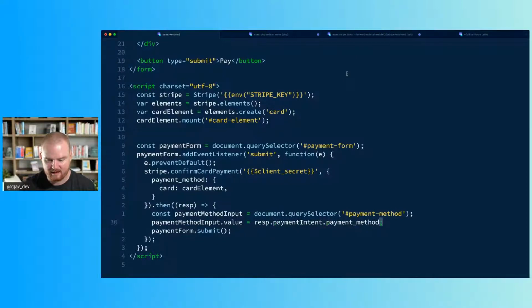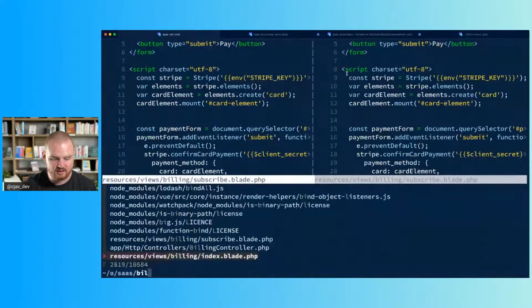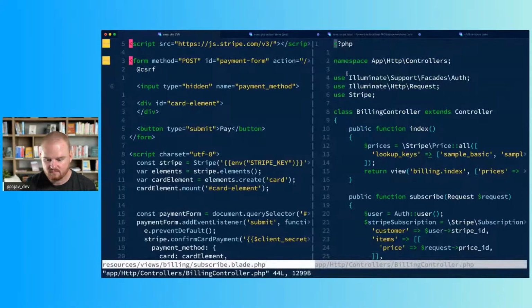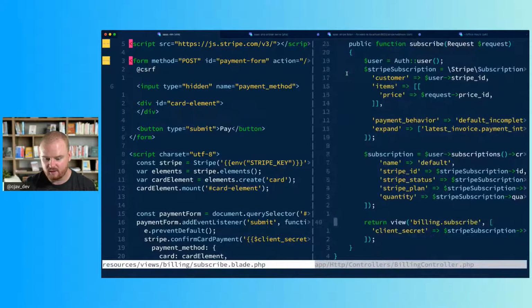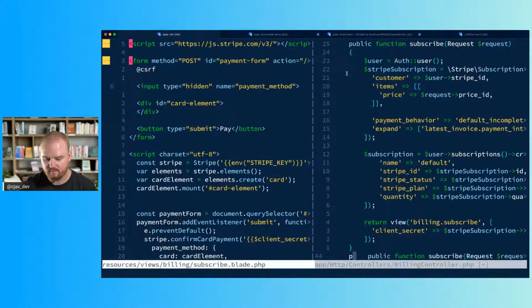And that payment intent will have a payment method, which is the string ID for the new payment method that we just created. We want to set that on this hidden input so that when we ultimately submit the form and make this post request back to billing/pay, we're including that payment method ID so that in our billing controller on this public function pay method,